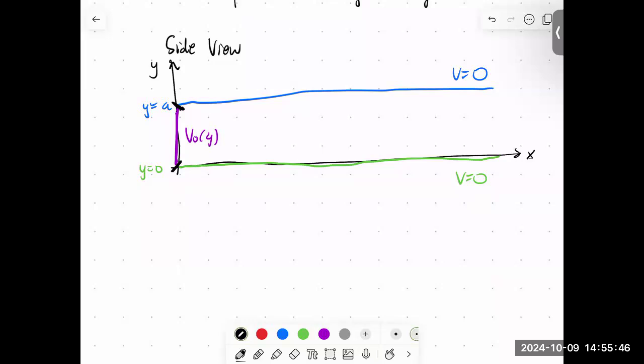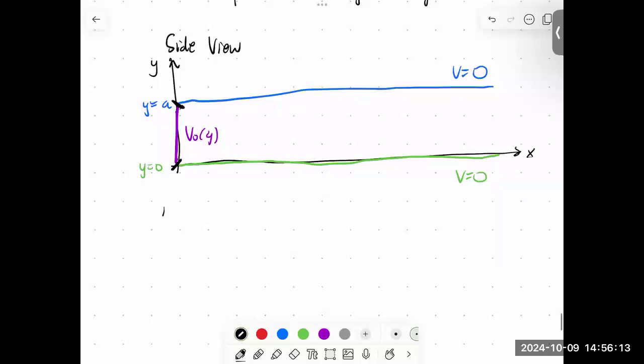We would expect the potential to change along the y direction, because here we need potential 0. Here it's got to be 0, but in between it's probably not 0. But along the z direction, would we expect any change in the potential? No, the geometry is exactly the same for any value of z. So by symmetry,